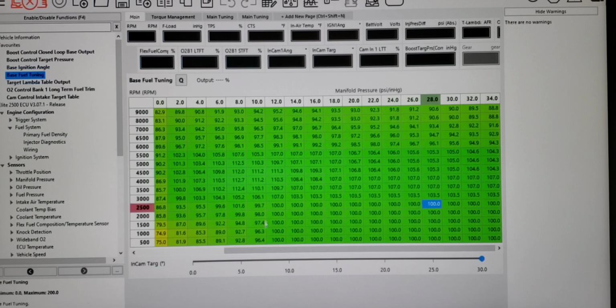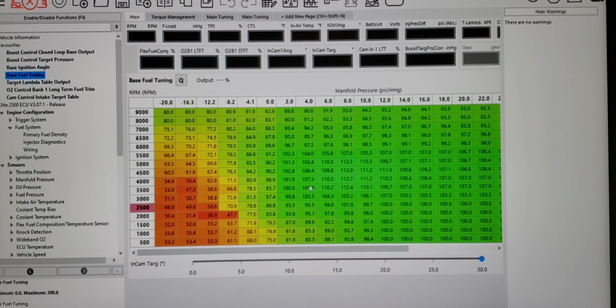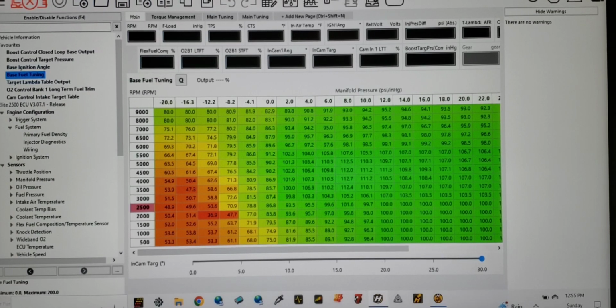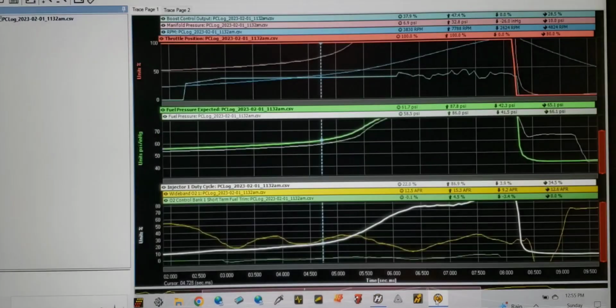The car did continue to make more power. We got it up to 707 uncorrected. I believe it was 690 corrected, something like that. Let's switch to the data log,